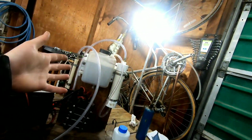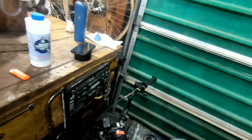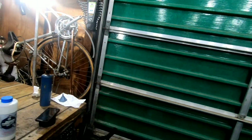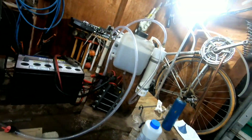Nobody's really done it in the past. They run it off of cells like this that are hooked to the outlet. I ran this four-wheeler 100% on it, and actually hooked 2 batteries on this machine and took it out and rode it around our driveway a couple times before the battery went dead. Well, not that battery, but the other battery I had hooked to it. And yeah, it's a totally feasible